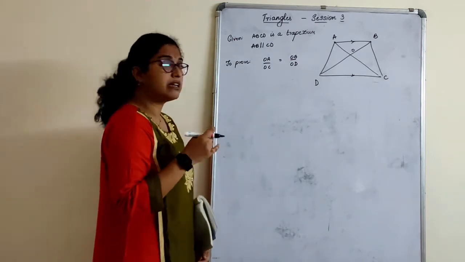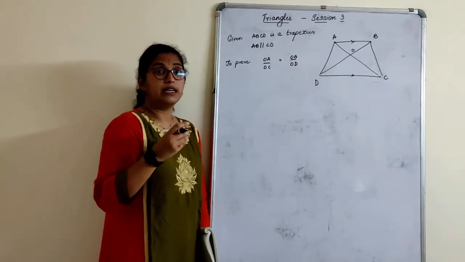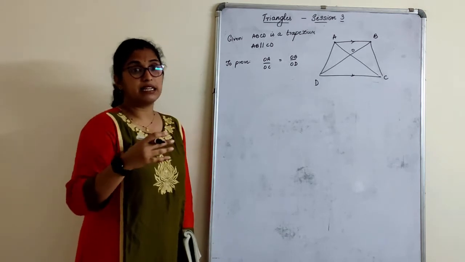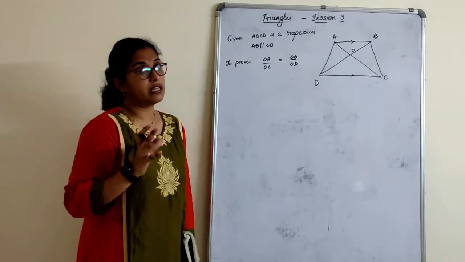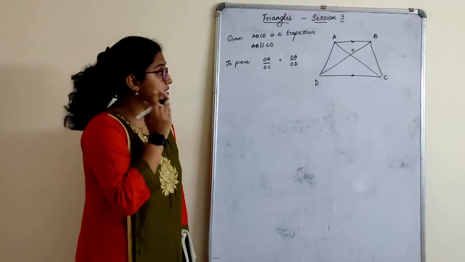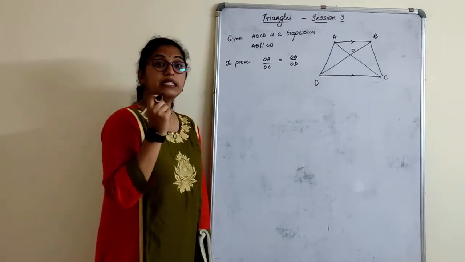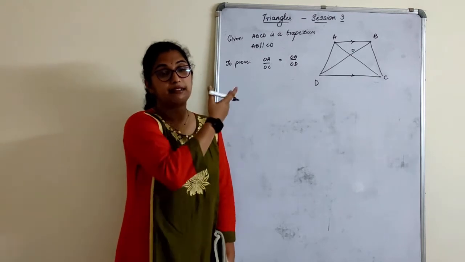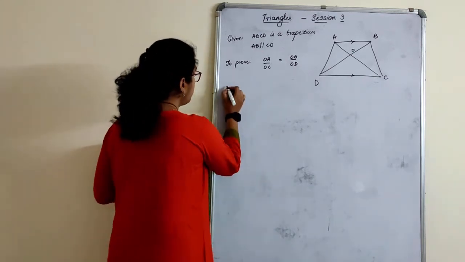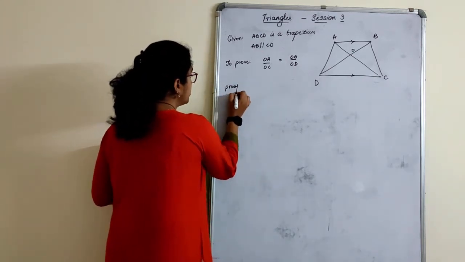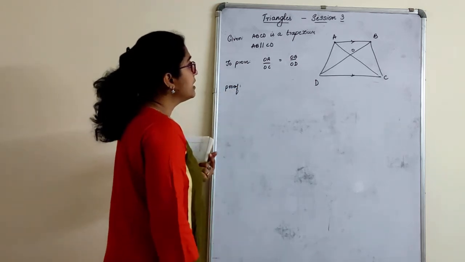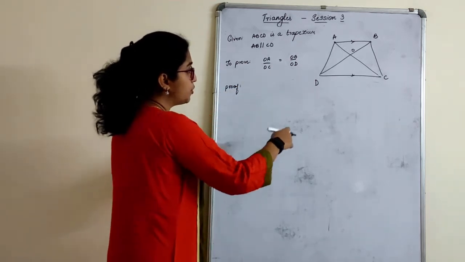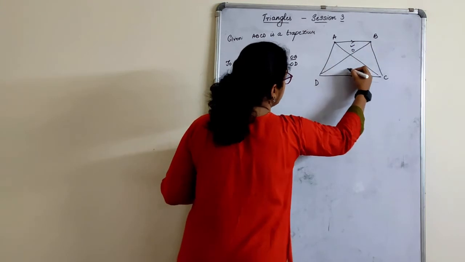See here, same like congruency if you remember. If you have to prove that any given sides are equal, you have to prove that the given triangles are first congruent and then use CPCT. Similarly here, if you have to prove any sides are proportional, prove that the triangles are similar. With that we can write the proportional sides. Choose triangles in such a way that they have parallel lines along with the sides you want. So it will be this triangle and this triangle.